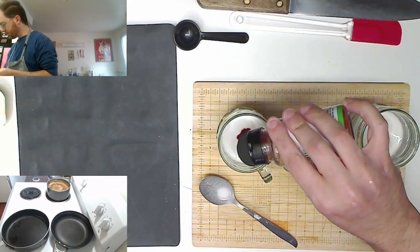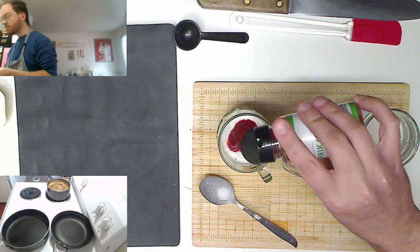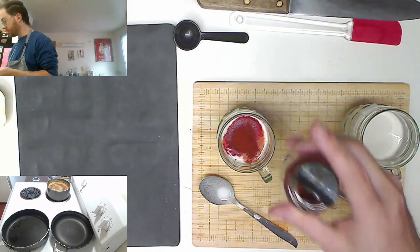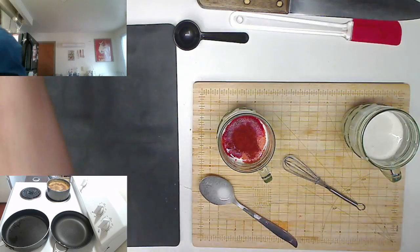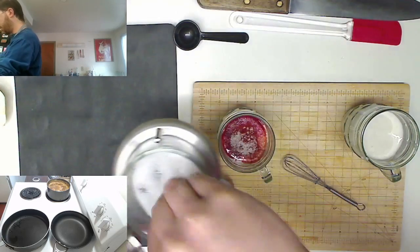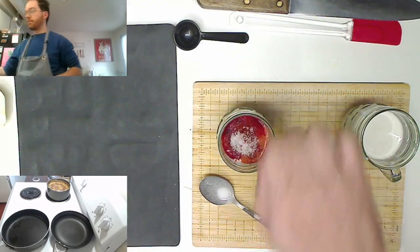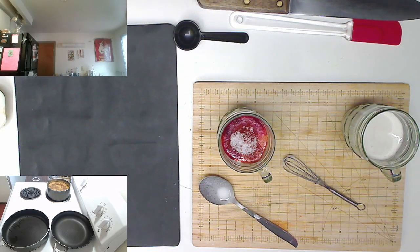Paprika. Smoked paprika. Quite a bit of it. I think we're going for the red and the smoky flavor from that. Some salt. Dried porcini or shiitake mushroom powder, which I don't have, but I do have